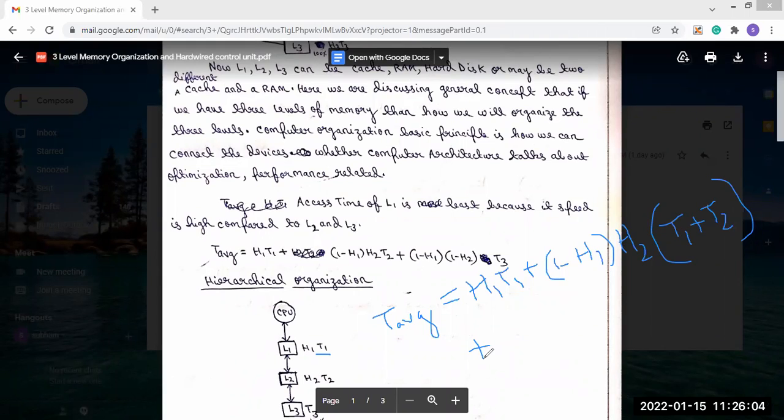H3 we didn't have to consider, because in that case it is 1 minus H1 minus H2. Then T1 plus T2 plus T3. This will be the thing: 1 minus H1, then 1 minus H2,